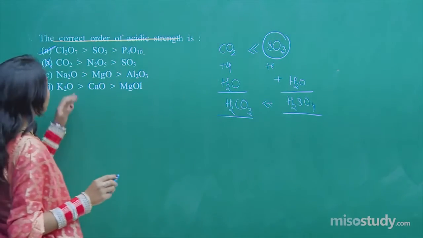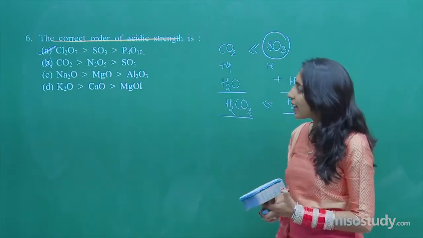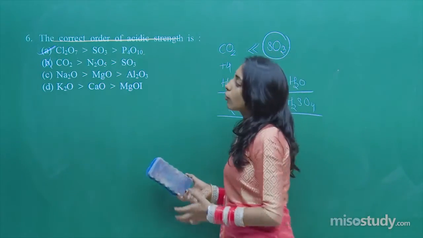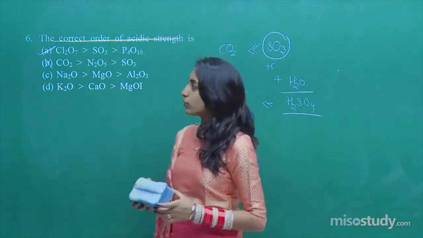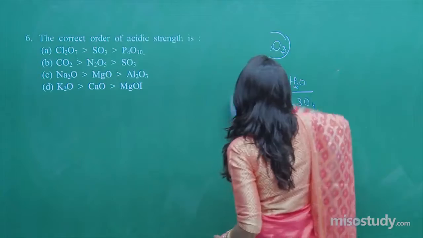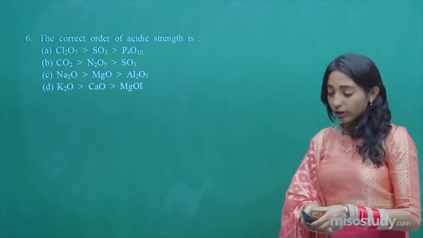Clear? Now the same way, if you move on to the other two options, and since the question is single correct, let me not be explaining the other options because we have totally got the answer as option number A. Clear? So this was our question number 6, pretty easy. And yes, a new concept was used here. Now we need to move on to our next question, which is our question number 7.